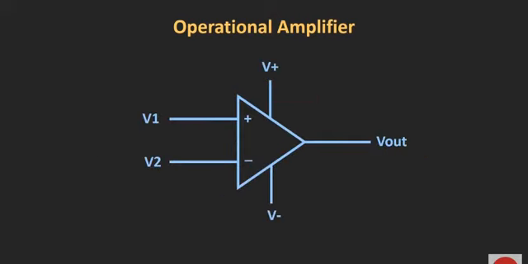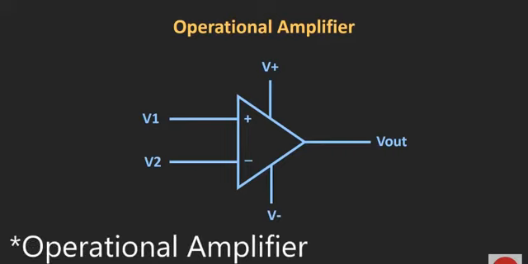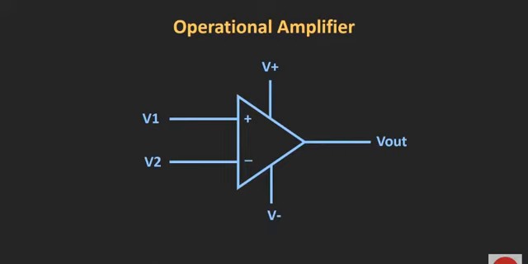Now if you see the circuit symbol of the operational amplifier, it can be represented by this symbol. It consists of two inputs and one output, and most amplifiers use two power supplies, the positive and the negative power supply, but there are many op-amp ICs which run on a single power supply. The input terminal marked by the positive sign is known as the non-inverting input terminal, and the other input terminal marked by the negative sign is known as the inverting input terminal. It will become clear very shortly why they are called non-inverting and inverting input terminals.